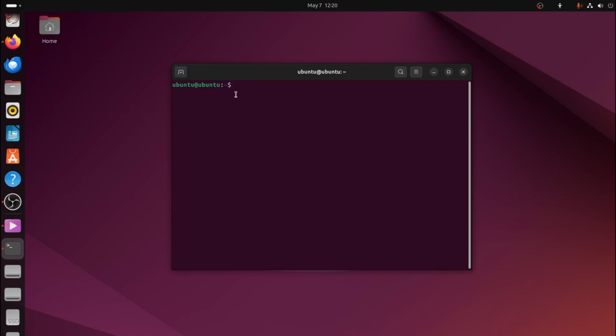Now let's copy a file. To do this, we use the cp command. Type cp, then the path of the file you want to copy, then the folder where you want to copy it. For example, if you have a file called